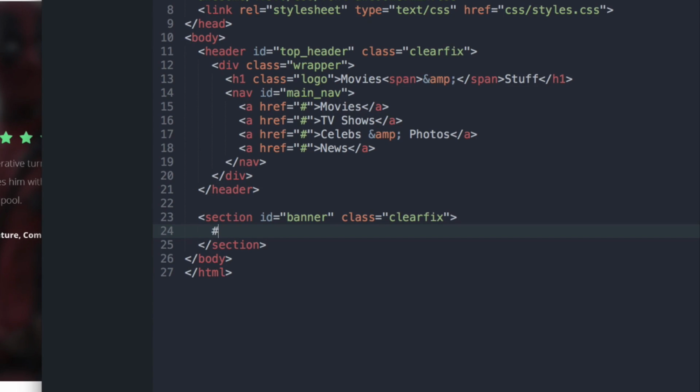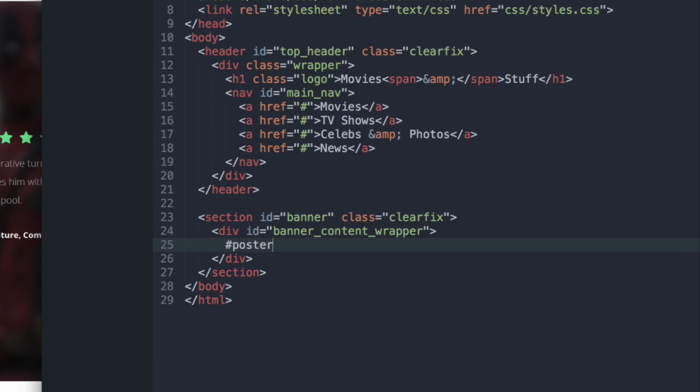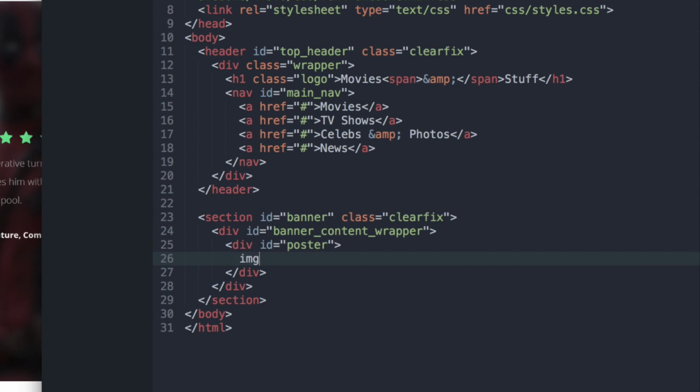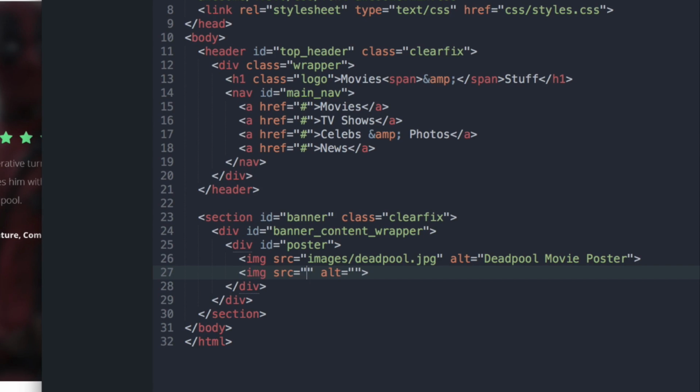All right, so inside of here, I'm going to do another ID of banner content wrapper. Whoops, wrapper. And then we have the poster. So let's make a div for that. And then we have the image tag. So we're going to link to images and the Deadpool image, deadpool.jpg. Then in the alt tag, let's put Deadpool movie poster. Then I'm also going to link to the play button, which I saved as a PNG. So I'm going to do images, and I believe it's called play button.png, and we'll say play trailer in the